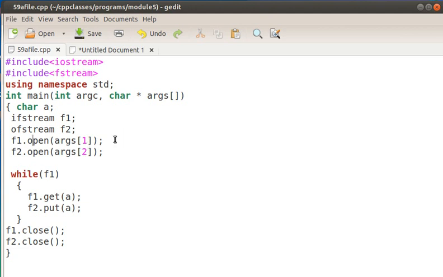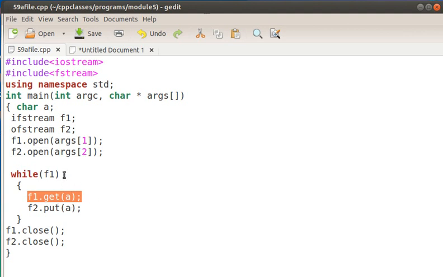Then ARGS of 1, that is test, is obtained here. Then the second argument is obtained here. So by using the first argument we are opening the input file. By using the second argument we are opening the output file. Then from the input file we are reading character by character and writing it to the output file.